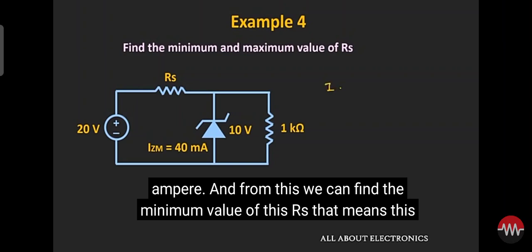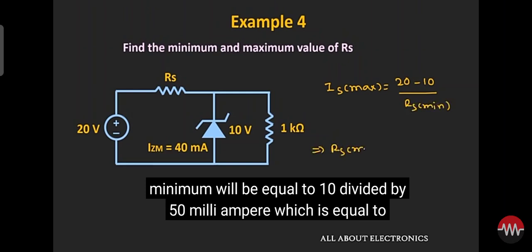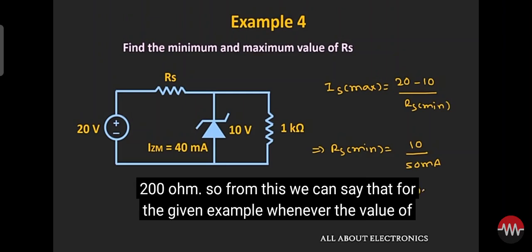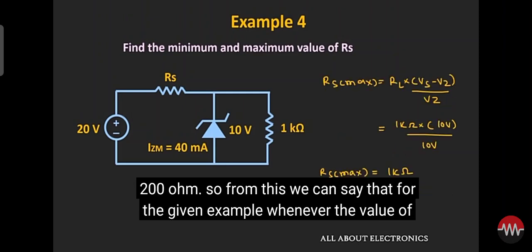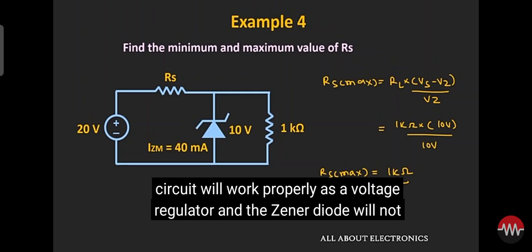That means this Is max will be equal to (20 minus 10) divided by Rs minimum. That means Rs minimum will be equal to 10 divided by 50 milliampere, which is equal to 200 ohm. So from this we can say that for the given example, whenever the value of this series resistor is in between the 200 ohm and the 1 kilo ohm, then the circuit will work properly as a voltage regulator and the Zener diode